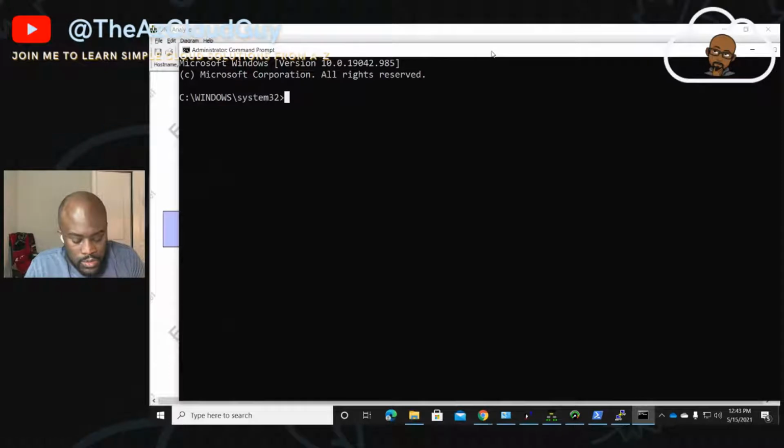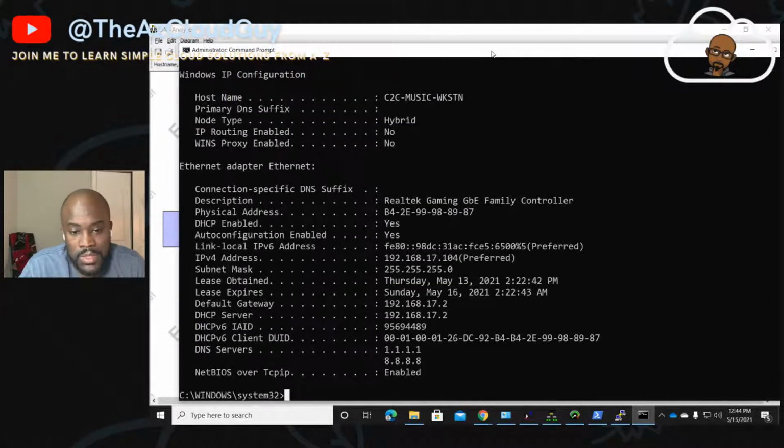All right. So on my client, my computer is connected to my home internet. And so what that means is that my router has given me an IP address. It has also given me a DNS server address. So if I run a simple command, ipconfig /all, it will give me the configuration for my computer's network interface card or wireless adapter, depending on which method you're connected to your home internet. So it tells me I have an IP address of